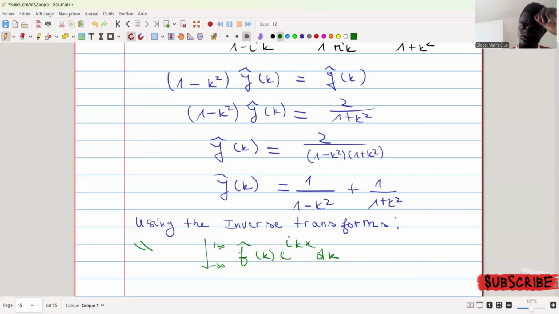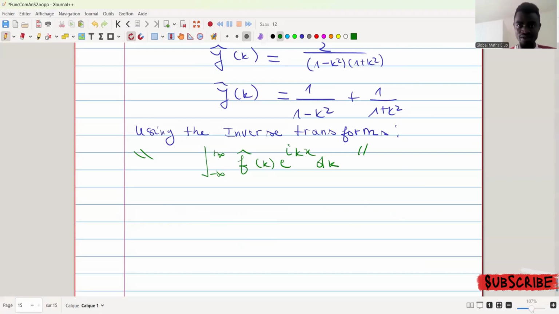This is how we compute the inverse of the Fourier transform. So if you come here, you put this thing, you compute this, and you apply this. Now we have